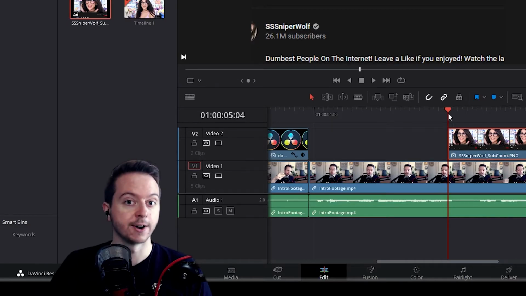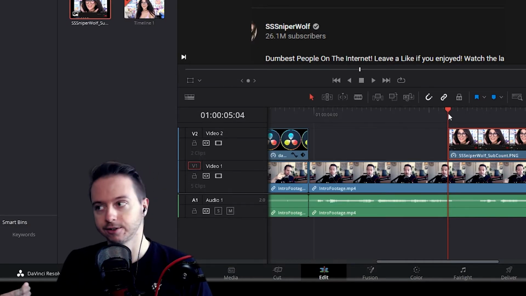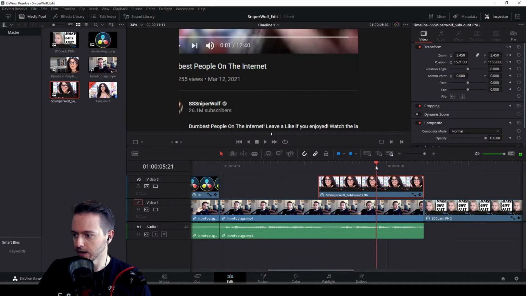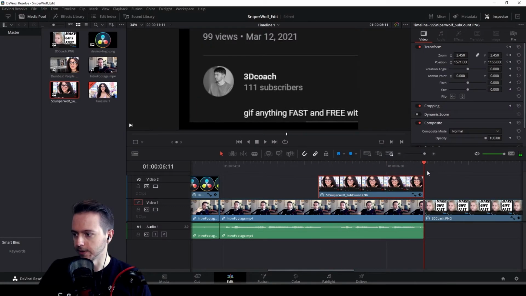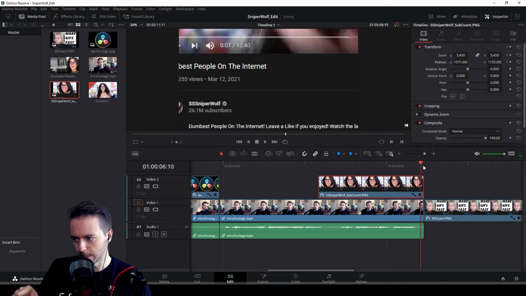So now we need to set our next keyframe, our next position, our next snapshot. So I'm going to drag over in our timeline to the end of our video, and it snapped into the first frame of the next video. So I'm just going to hit left on my arrow keys, and now I'm on the last frame of this Sniper Wolf thing. And now I'm going to move position again